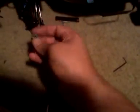Make sure that that pin is even on both sides. And after you get that, you can put this nut back on. That groove's got to go towards that pin. So what you want to do is make sure you get that level, and you'll hear a click when it goes on. Then make sure it turns smooth. It'll spin a little bit. Then you can put your wheel back on, and that's how you install an Integrity 09 series hub carrier on